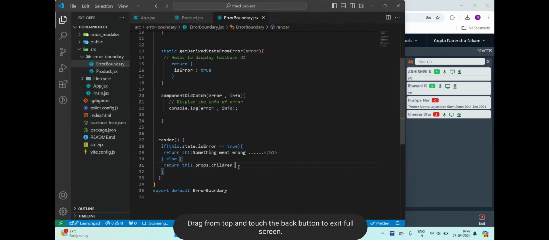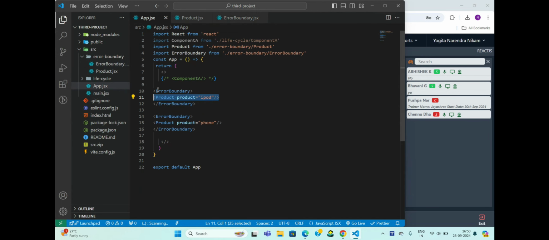So whenever you are returning the children, you should return them as this.props.children. In this way you will be returning the component. Okay, so what will happen now here? Since there is no error, it will return you this component.